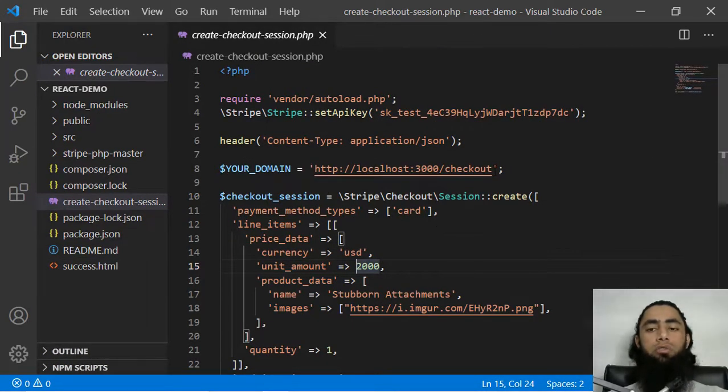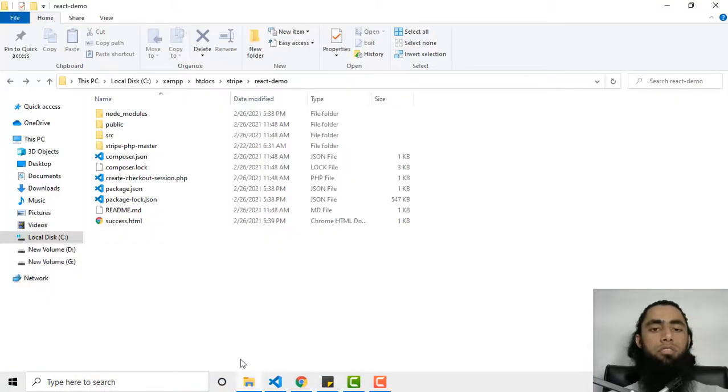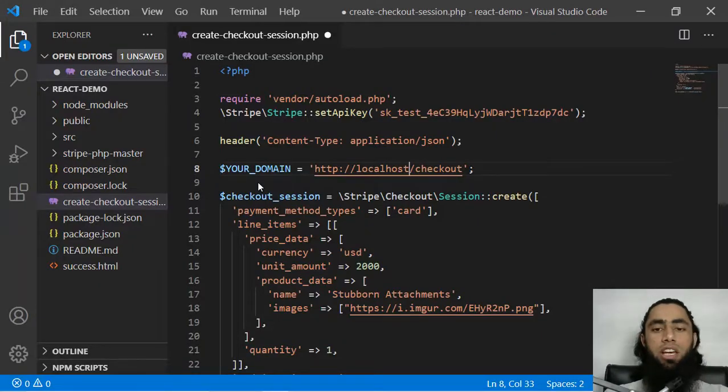Then let's close this one. And here you have to mention the path. So as you know that we have localhost, and inside of localhost we have to find htdocs. Inside of htdocs we have Stripe, then React-demo. So in the same way we have to write here Stripe, then React-demo.